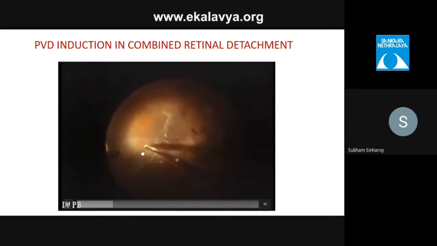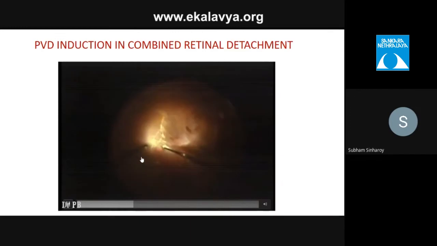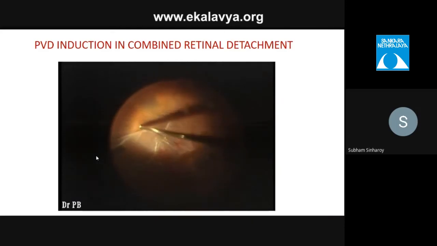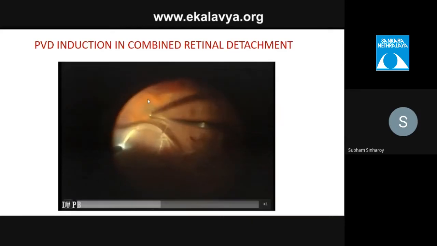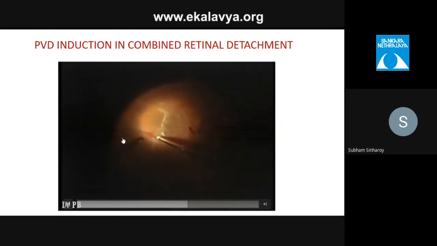So you're aspirating and removing the vitreous, aspirating and cutting it off. You can see how the cutter is moving, trying to remove the adherent vitreous from various places. The pull is gentle, towards the anterior direction, so that you can lift the vitreous and then trim it off.